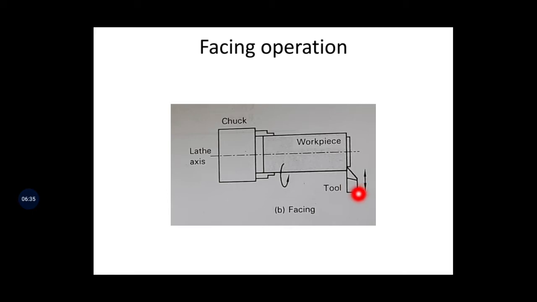Okay, feed is given with the help of the tool post. The tool will move in the vertical direction. In the previous case, the turning operation, the tool moved in the linear direction, but in the facing operation the tool travel takes place in the vertical direction. So we have to give the feed like this. This is the feed, given with the help of the tool post. Then depth of cut is given with the help of the carriage wheel. Depth of cut you have to give with the help of the carriage wheel.